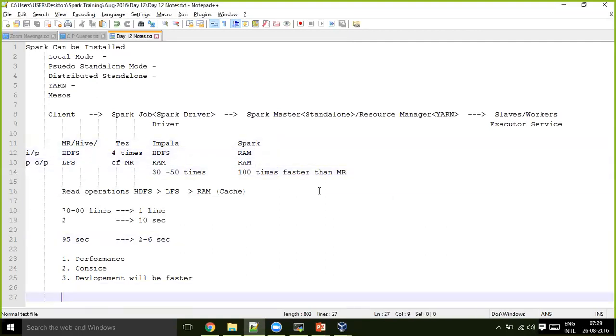So anyone else having any questions on why we need to learn Spark still? What is the approximate RAM which they use?